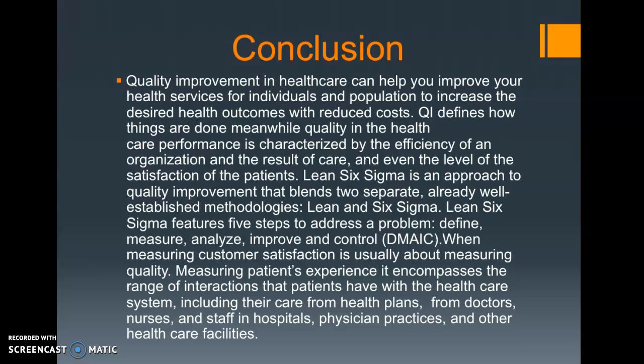The Lean Six Sigma is an approach that quality improvement can use that has 5 steps, which are define, measure, analyze, improve, and control. When you're measuring customer satisfaction, it's usually about measuring the quality